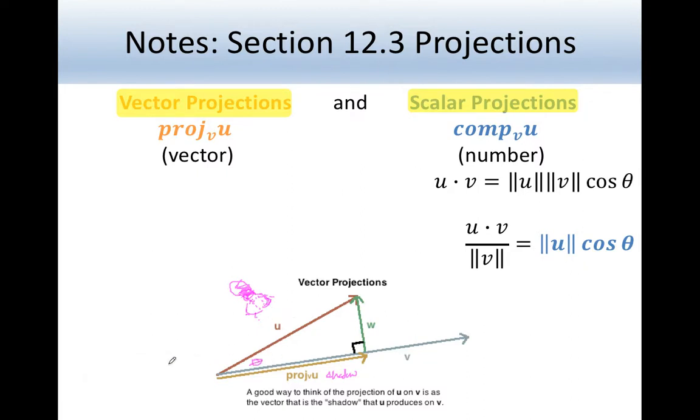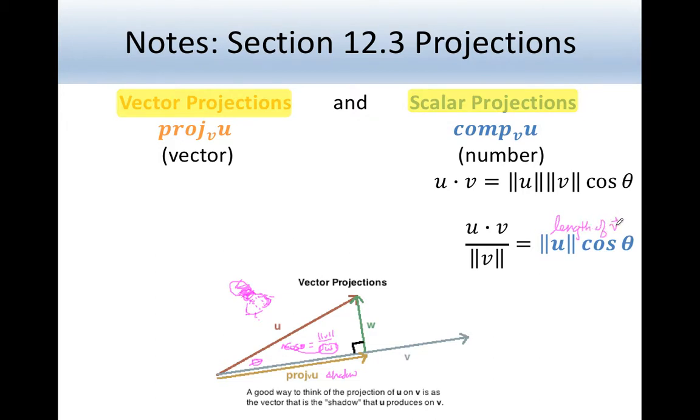Isn't it true that the cosine of theta is equal to the magnitude of v over the magnitude of u? Isn't that true? Right? Isn't that just adjacent over hypotenuse? So if that's true, look what happens when I multiply both sides by u. I get the magnitude of v, right? So move this over here. That's what this is. The magnitude of u times cosine of theta, that is the length